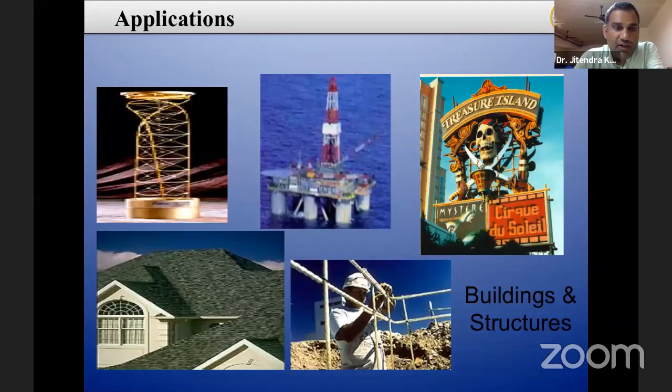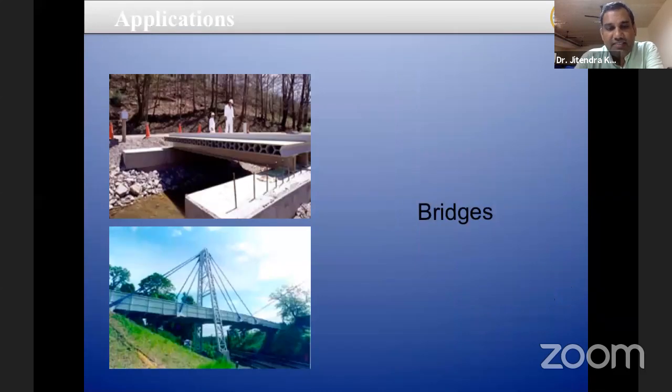And this is not the end, we also prefer it to build our structures and other things. Bridges also we make. This is a honeycomb structure. It will take more strength. So nowadays, when designing aircraft interiors, between the two plies we add the honeycomb structure so that it will take higher load than the plain material. So these are the applications.